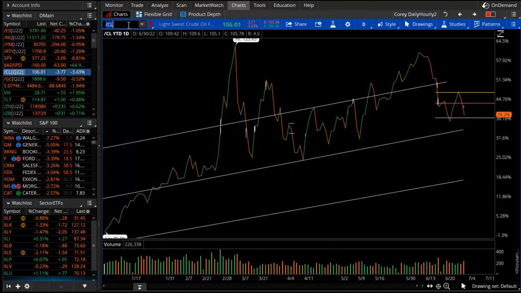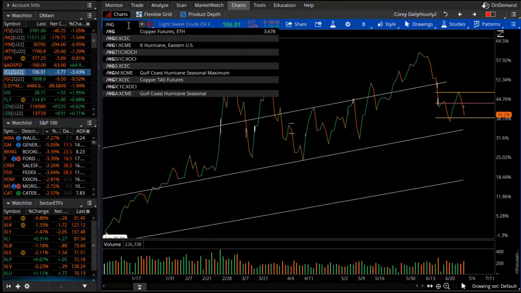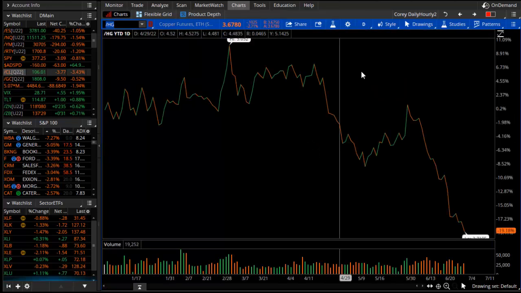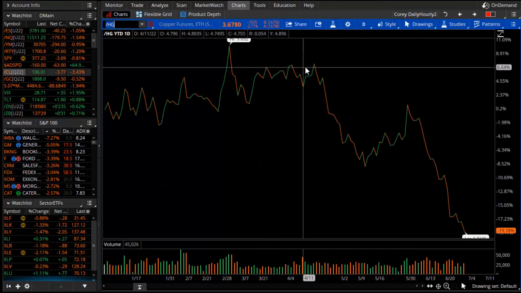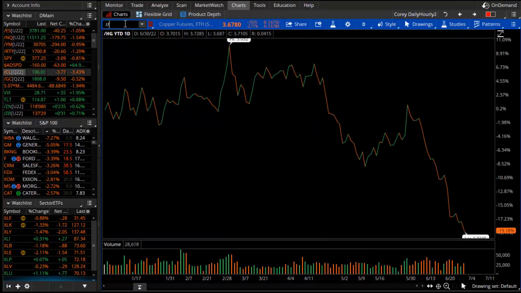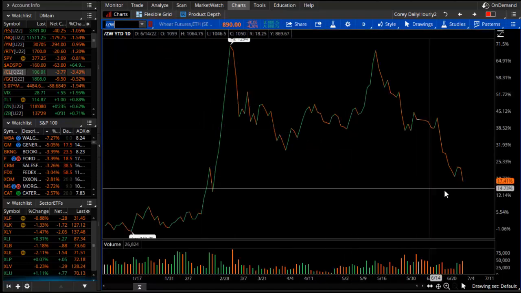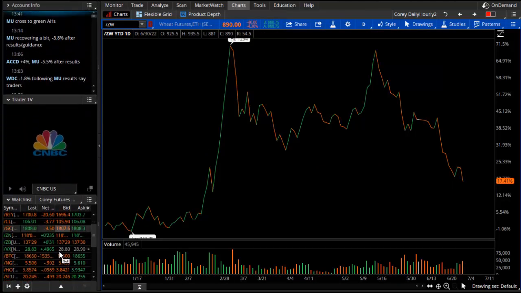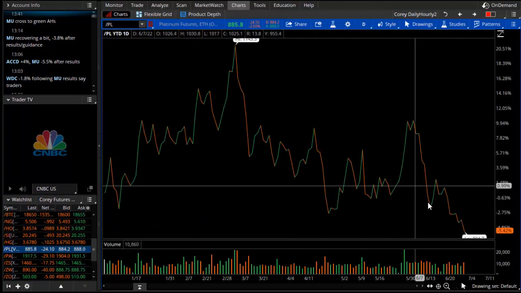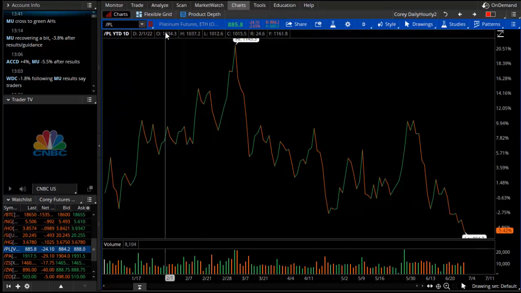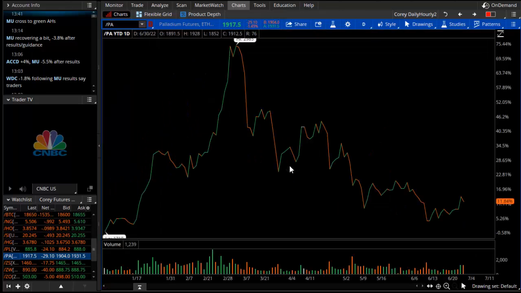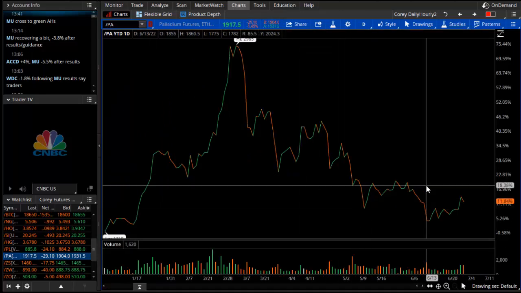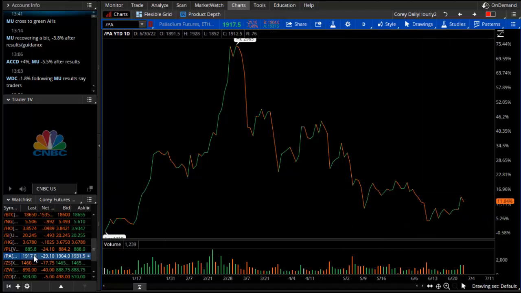We can look at some of the other commodities. Look at copper, just to name one. Copper itself is down on the year. We can look at wheat, just naming a few commodities almost at random here. Wheat's up about 20%. In fact, we have a list of commodities we follow. Just to name a few of them: heating oil, silver, platinum, palladium, just looking at where they are. Not a big change in platinum and then palladium, not things you might see us discuss here at TheoTrade on a daily basis, probably even a weekly basis, but these are in the commodity sector.